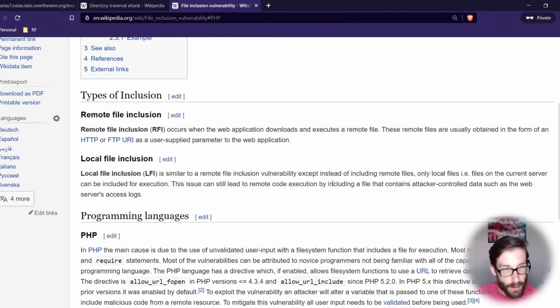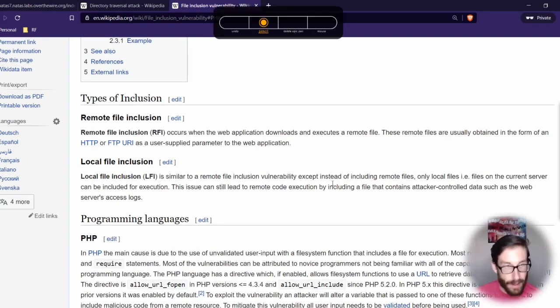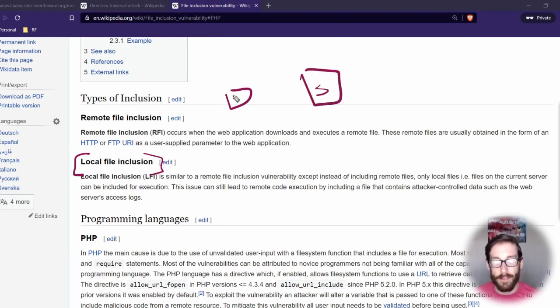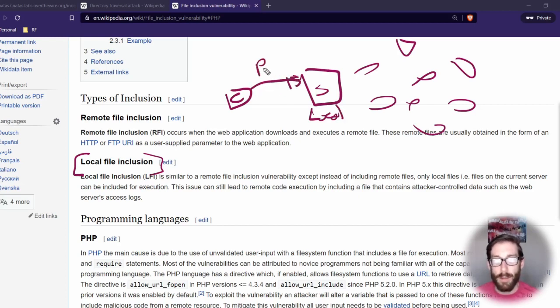The reason it's a local file inclusion is that what we were looking at was a local file sitting on a server somewhere. So basically we have our computer and a server here, we'll call them C and S. Then we have a whole bunch of other servers all throughout the internet, right? And there's a server that's sitting close to us, aka local. That's why they call it local. What we did is we pinged out to that server, and we adjusted the path. When we adjusted that path, that server took us to a certain location that we shouldn't have had access to. And when it sent us to that location, it spat back the code that we needed. That was our key that got us to the next level.